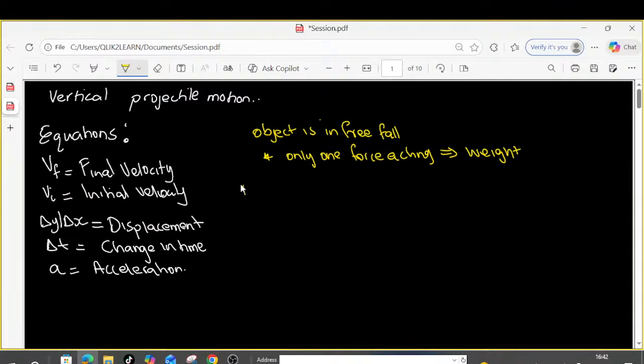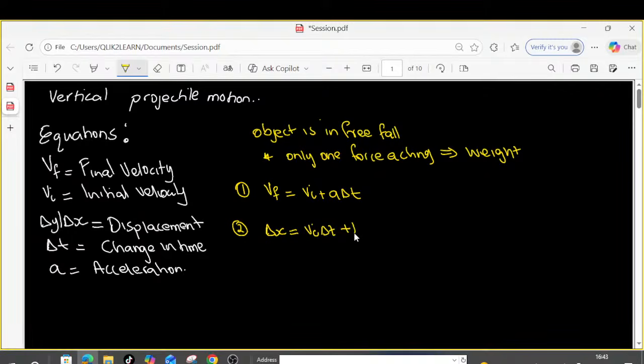Okay, so the first equation that we're going to use says Vf equals V initial plus a delta t. Do you understand? Yes. Okay, the second formula that we're going to use is delta x equals V initial delta t